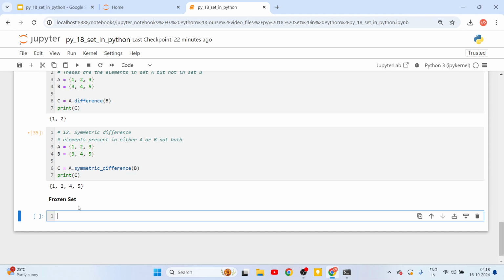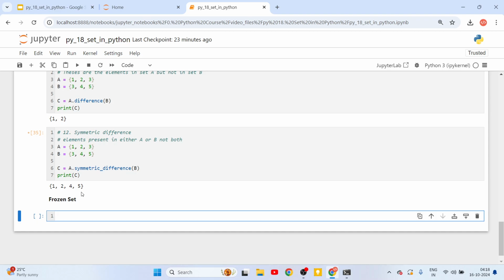You can think about it like a tuple but for sets. We know that list and tuple are similar, only the difference is that tuples are immutable. Similarly, the difference between set and frozen set is that sets are immutable, but frozen set, sorry, I made a mistake. Sets are mutable, whereas frozen sets are